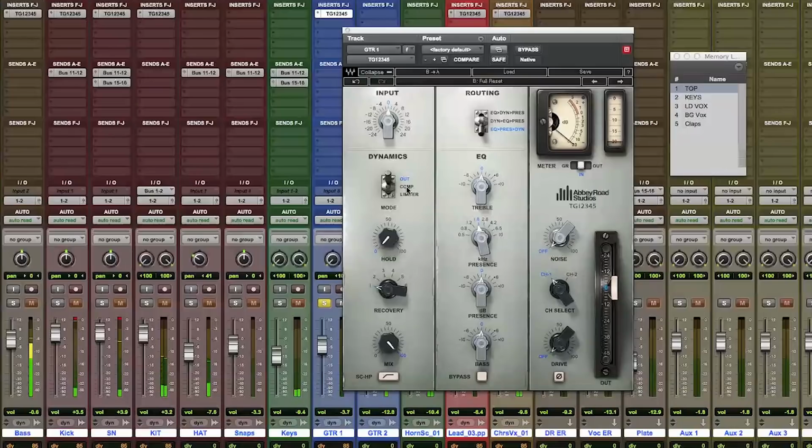I'm going to start with the compressor section, and this actually can work very similarly to what we did with the bass, with a slower recovery to smooth out the sound. And now if I want to add a little drive here before getting to EQ,